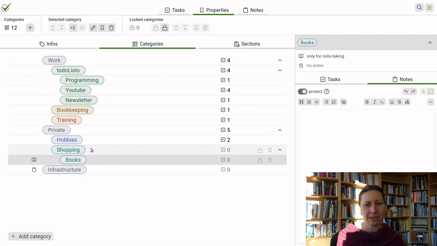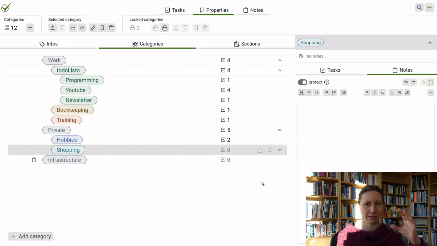I can also, if it's a subcategory, just hide it below the main category, so it doesn't disturb me, because the main thing is still that I want to organize my tasks with this, and I don't want to put too much rubbish in there just for the notes. But for a few notes, yeah, it makes sense to me. So for me, it's important not to overdo it.